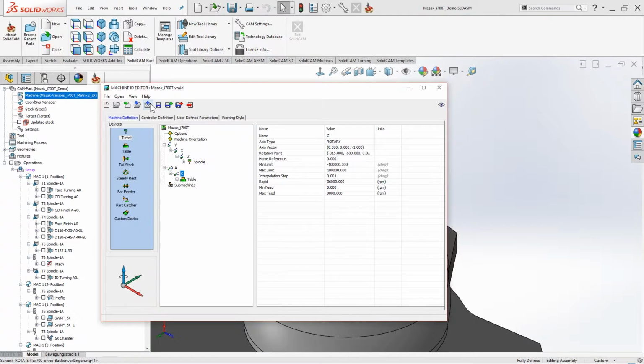Okay, now we can start to play with the spindle and table device itself. So what are those devices actually? First, the spindle is the device where our tools are located, right? And the table is the device where our part is located. So those two are very necessary for every VMID. So I'll start with the spindle itself. I'll click on the spindle,